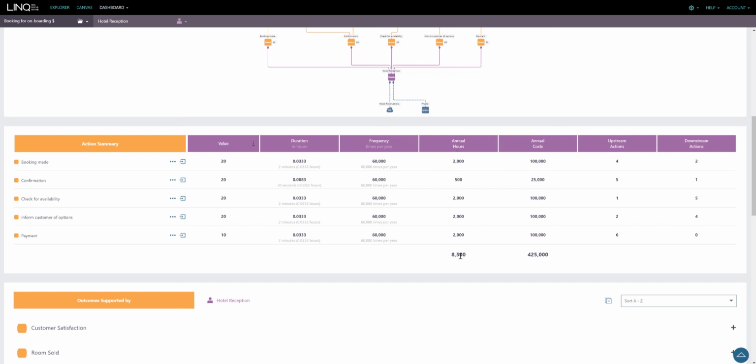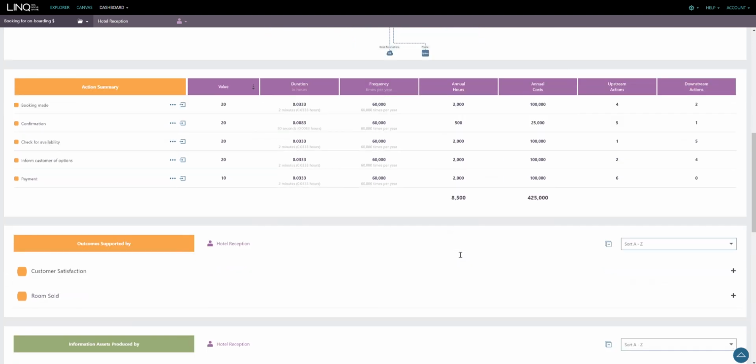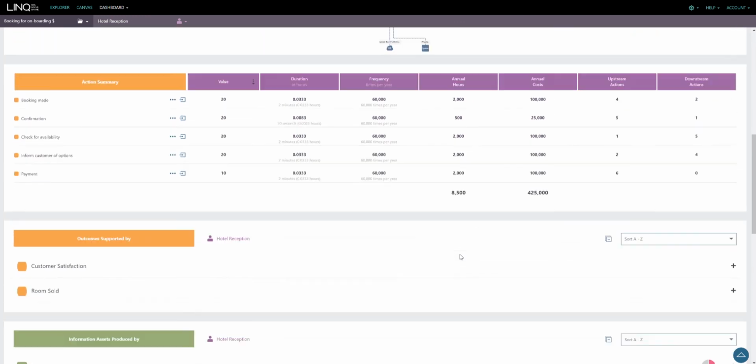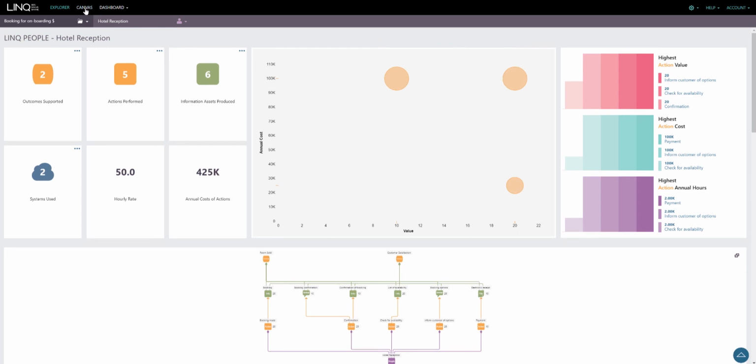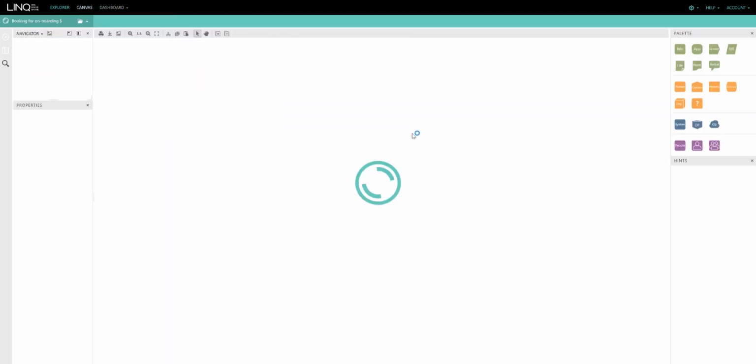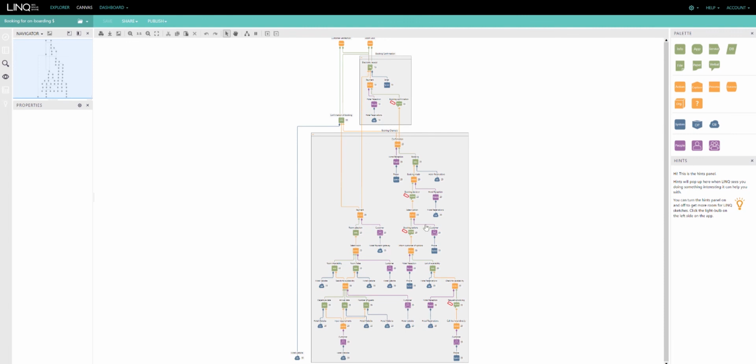So this people dashboard allows us to gain some very deep insight around the total cost of the process, the amount of time being spent by staff enabling this supply chain. This will allow us to understand whether there is an opportunity to mitigate any wastage that we find in order to create a better future state where we're mitigating these costs.